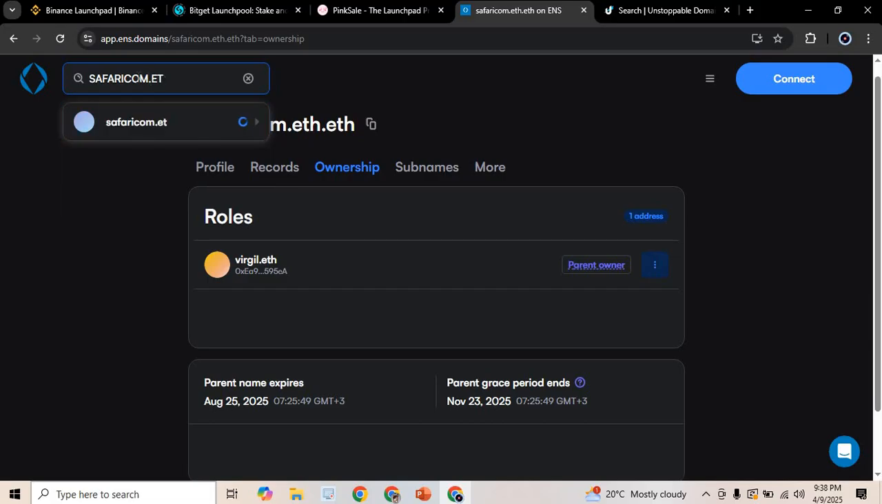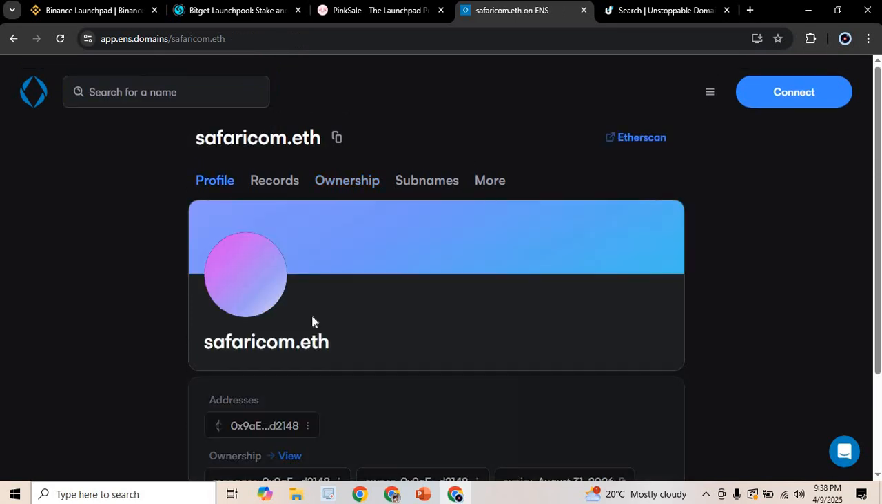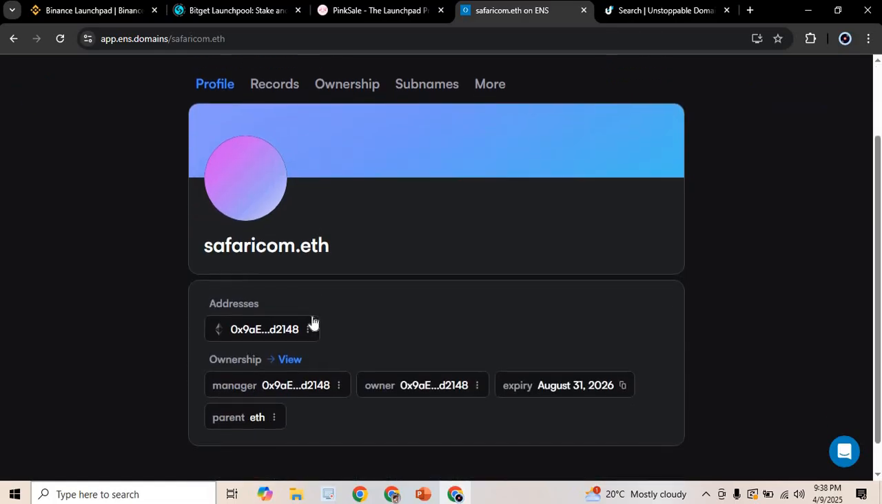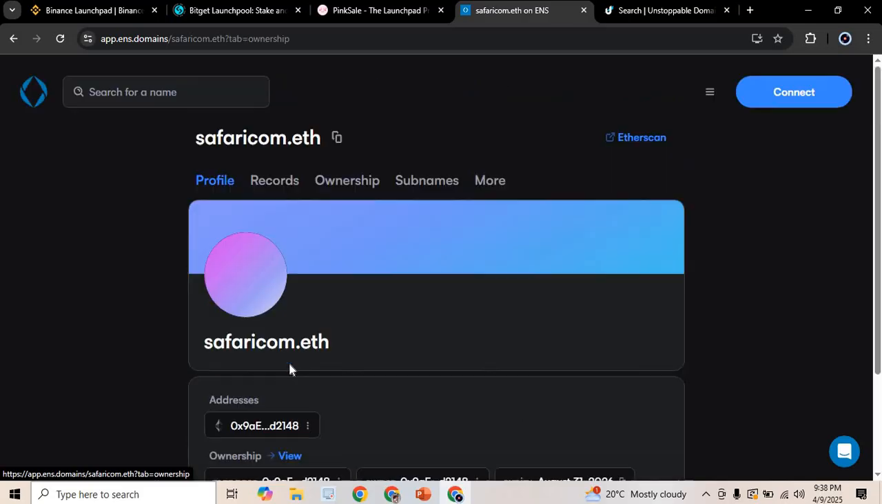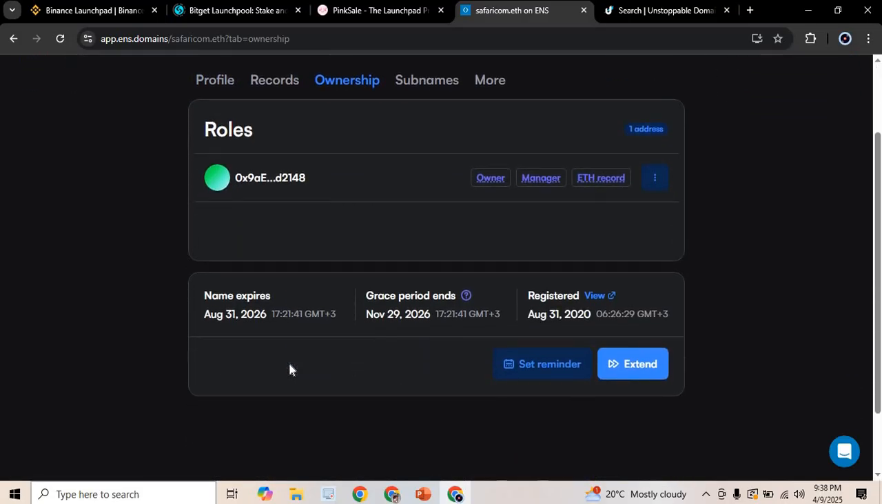Safaricom.eth. Already registered. Can you see that part written "registered" right there? It's already owned by someone, and in this place you can see the address that owns it right here, and this person registered this name August 31st 2020, and has always been